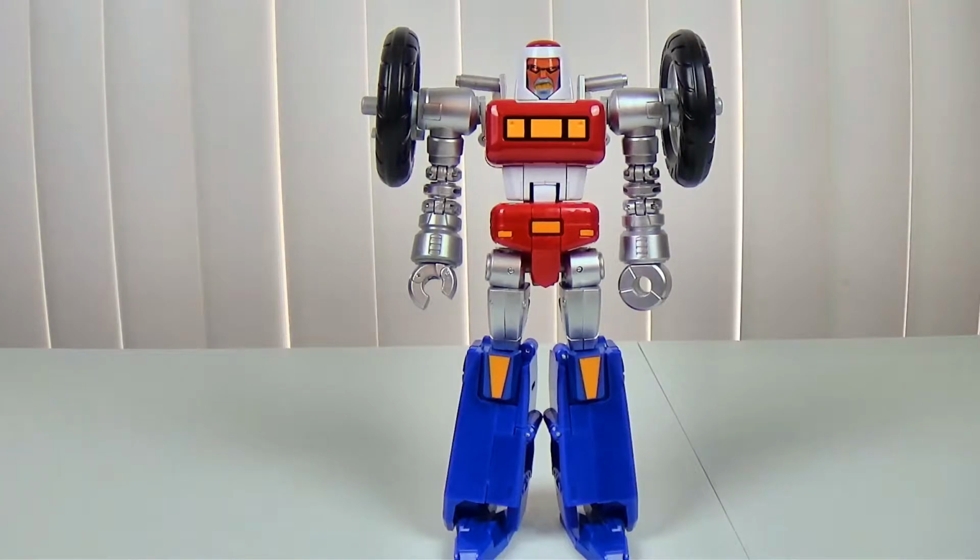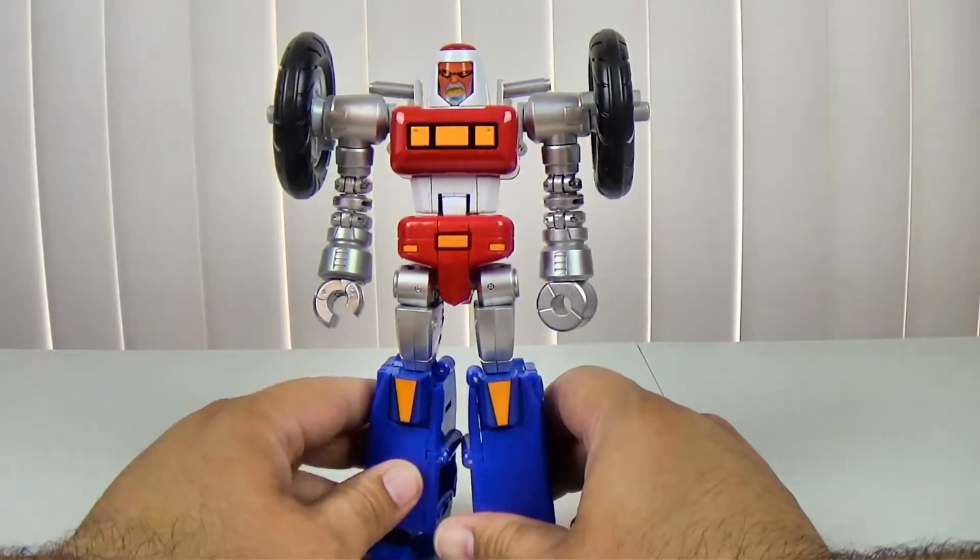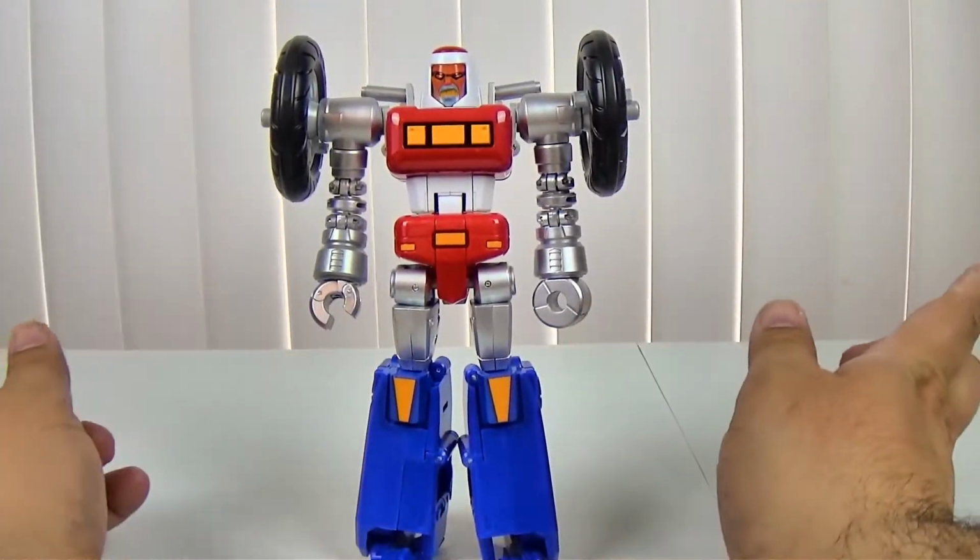You can't use the toy unless you want to recreate that scene where Lion-O and Tigra fought and broke the Sword of Omens. And yeah, so basically, enough of that. Let's go on with the transformation. I haven't transformed this guy in a while, so